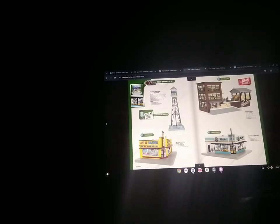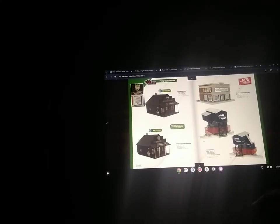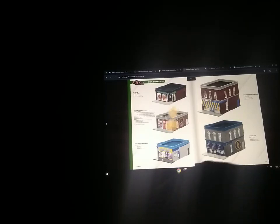Bill Bonds building, an industrial water tower with graffiti decals, and a transfer station, and a donuts and coffee shop, a Western Mercantile, Sheriff's Headquarters building, a private investigation building, Colon Station, some plug-and-play accessories like this gym and fitness, train orders building, a barn, a thrift shop, flower shop, a townhouse, some stores right here,